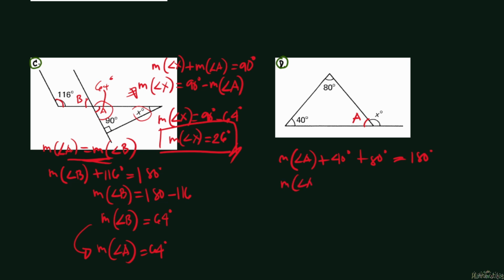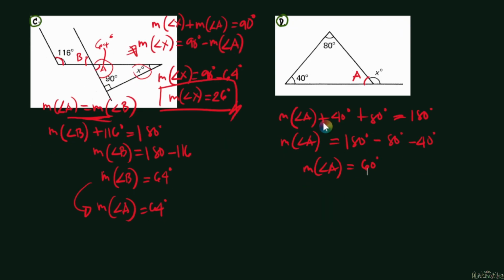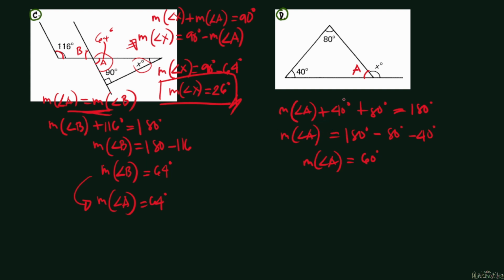So the measure of angle A is equal to 180 degrees minus 80 minus 40. So the measure of angle A is equal to 60 degrees. And we can say from this diagram that A and x are supplementary,